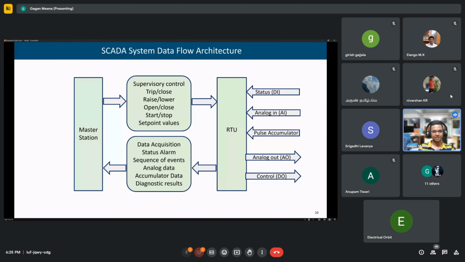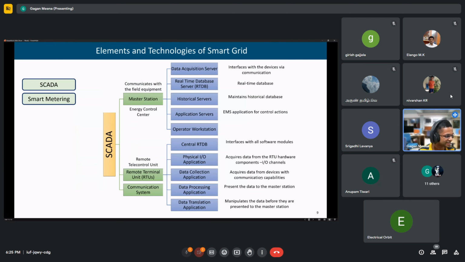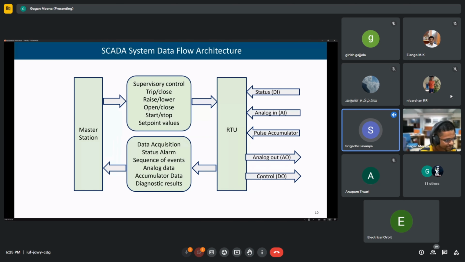Yeah, this is the same thing that we discussed. Sir, what is the smart grid and what is the use of smart grid? Will you explain, sir? We covered this in the last class also, but okay, quickly I can tell you that. Sir, this is my first class, so that's why I'm asking. Okay.